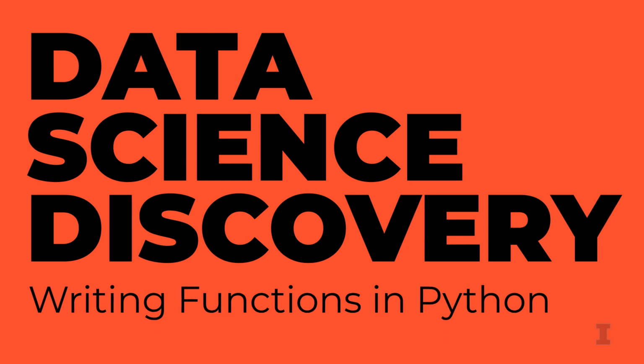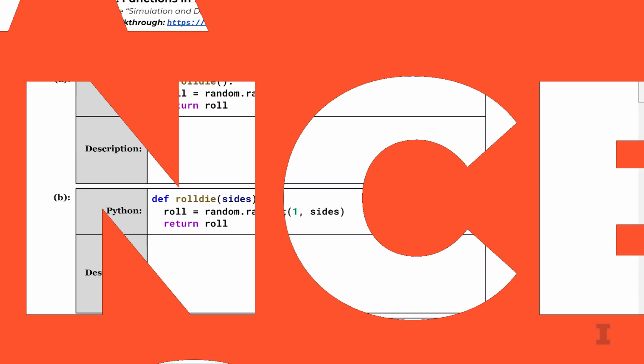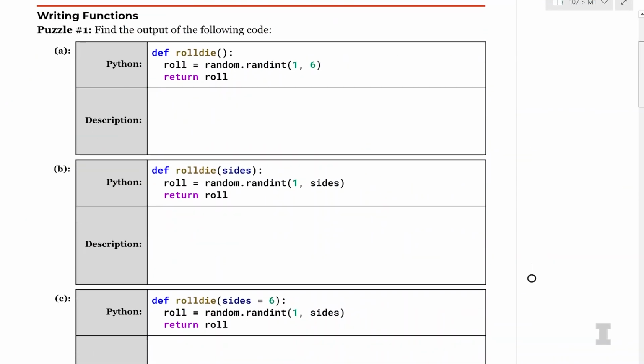Now let's nerd out with some functions in Python and see some examples that we can dive into. For our first example, we have a simple function. We know it's a function because we have the def keyword to define a new function. The function is named roll_die, and it has no function arguments or parameters. And we see a colon and everything else indented. We see roll is equal to random.randint(1, 6), and we return roll.